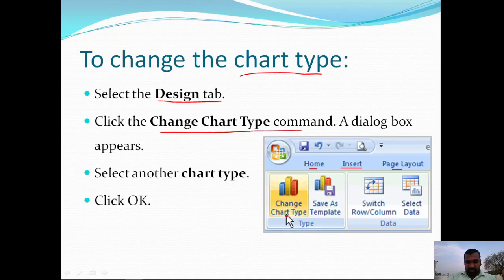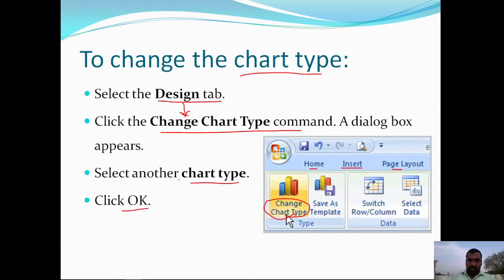First select the design tab, then go to the change chart type command, then a dialog box appears. Select another chart type, then click OK. Then the selected chart type will replace the current chart.